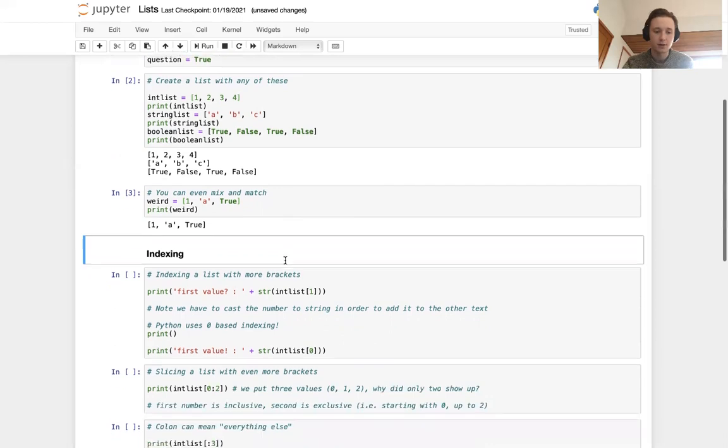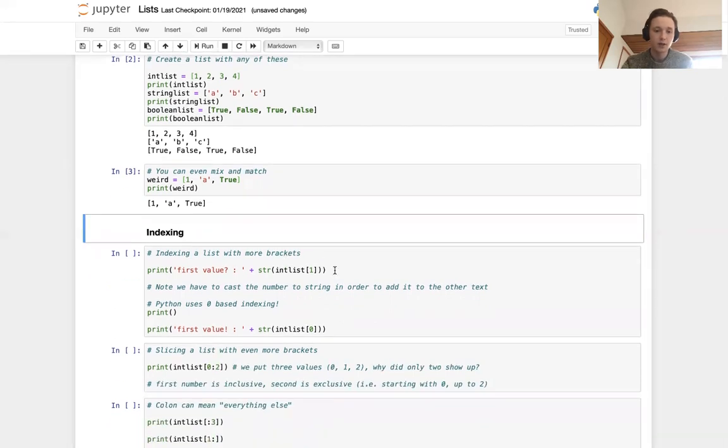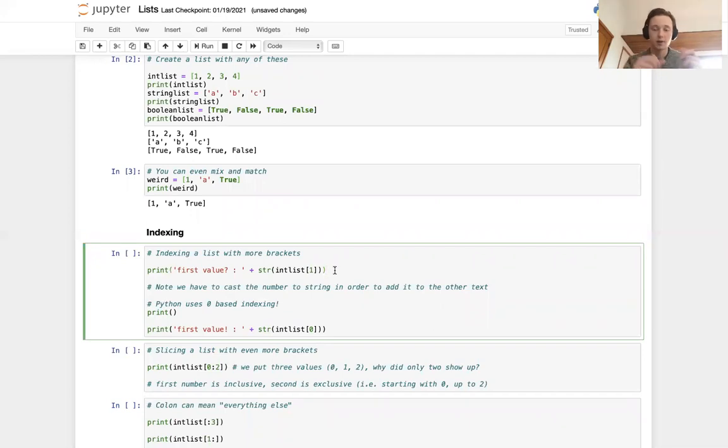The first of these is indexing. Indexing is a way to access individual points within a list. Say here we have that integer list, and the way that you index into it is by adding brackets after it, and then the index, or the place in the list, of the value that you want to get. So here we're saying, let's get the first value,